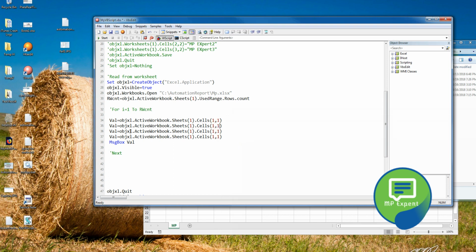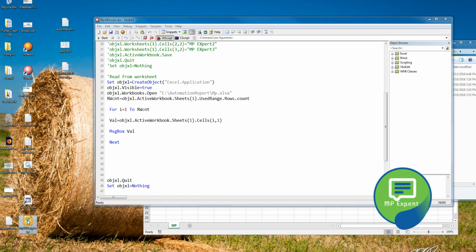or maybe let's try to put it in a loop and do that for the other ones as well. So let's change here, this is the row count, right? So here we can pass the row count, or we have to pass the value of i because that is our row count. Okay, let's run the script. Okay, MP expert 1, 2, 3, and that's it. So similarly, if we're going to give here a second column,